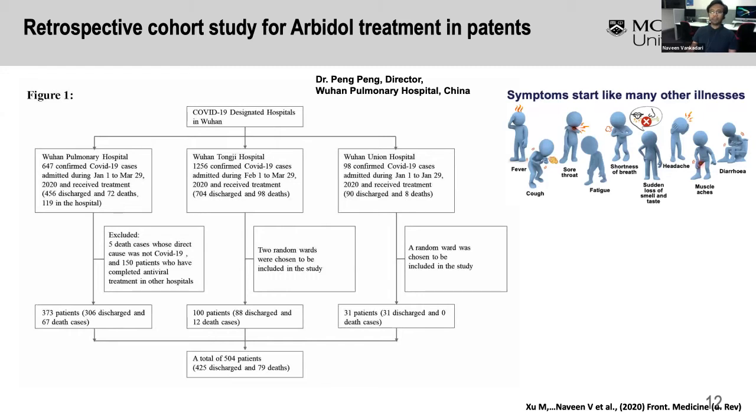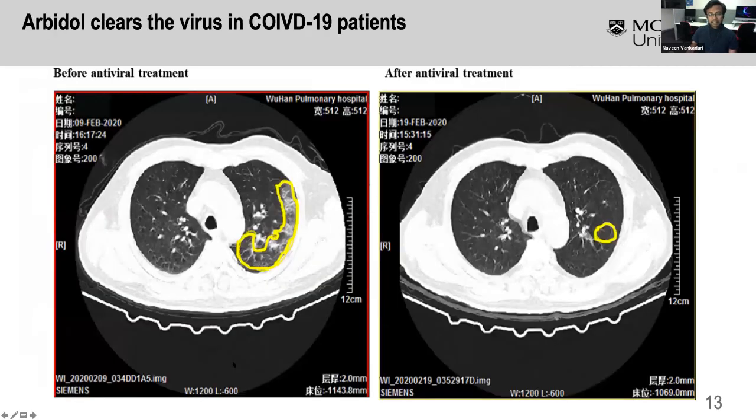that is Wuhan Pulmonary Hospital, to know how this drug can behave in patients and to test it, because that was at a pretty early time. In Australia, we still do not have an approval for the Arbidol drug, and we tested it in Wuhan Hospital in around 2,000 patients. And we screened down to 500 patients at the end,